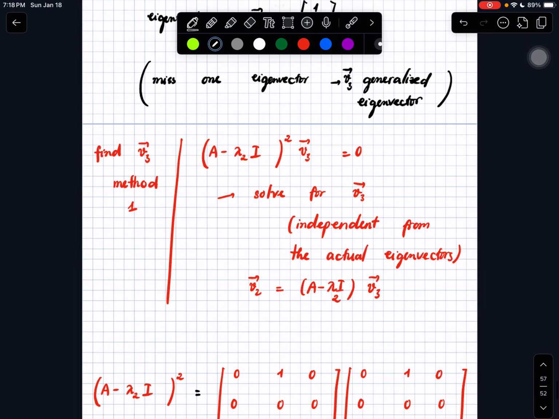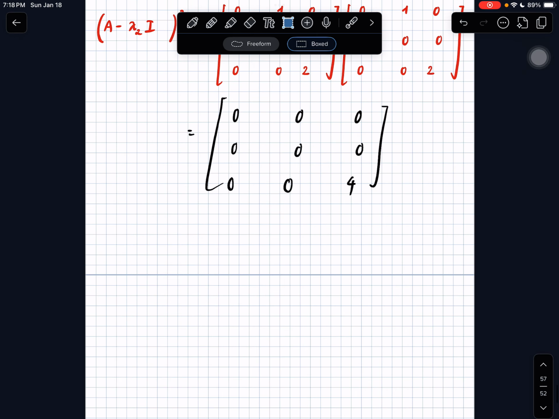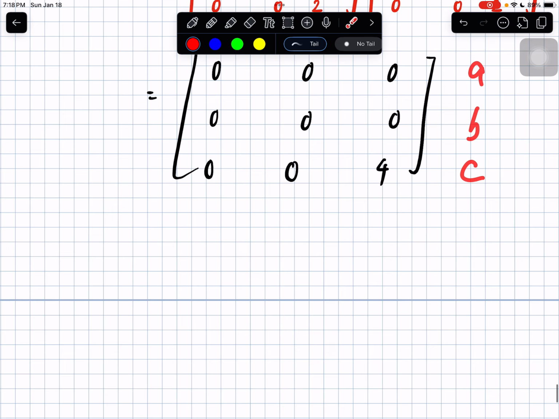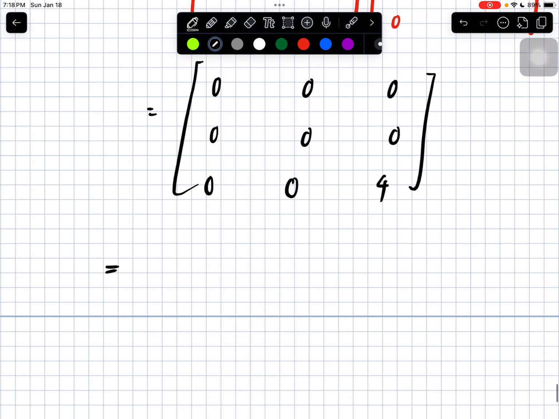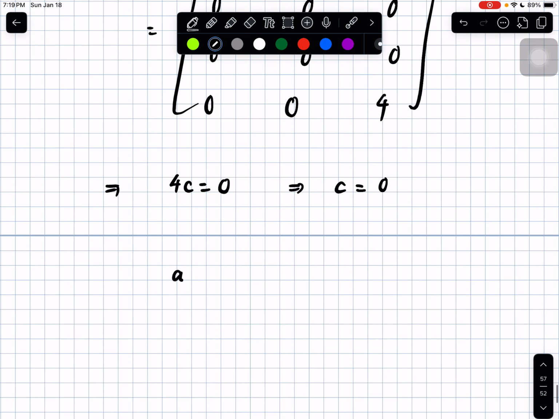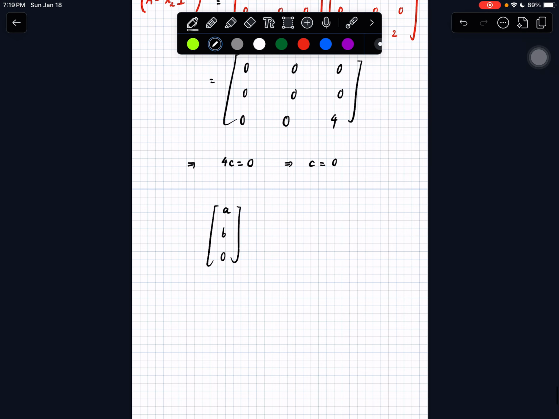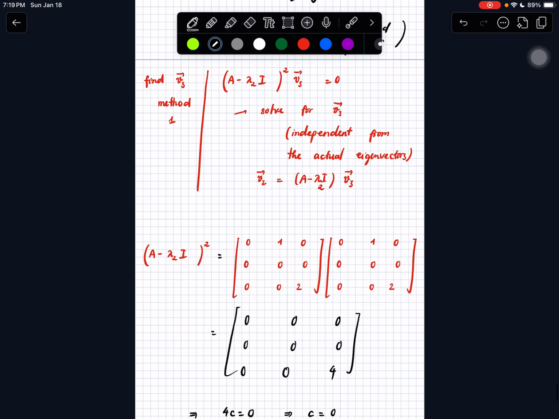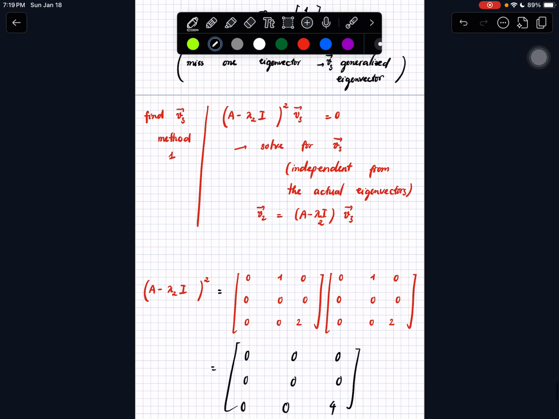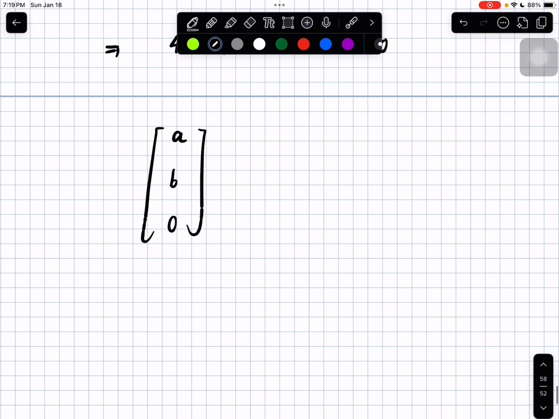So now I need to find V3. So that is the matrix times V3 equals 0. Think of that as a, b, c. That gives us 0 equals 0, 0 equals 0, 4c equals 0. So c equals 0, and a and b are free. So that is that one, but it needs to be independent from the actual eigenvectors. So now the vectors of this form, and independent